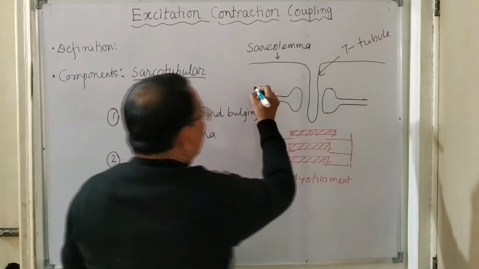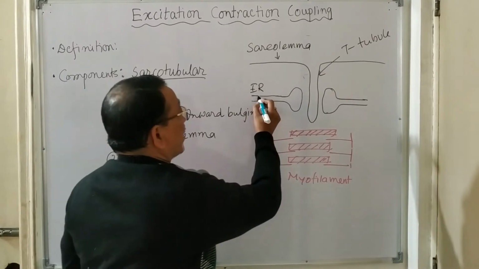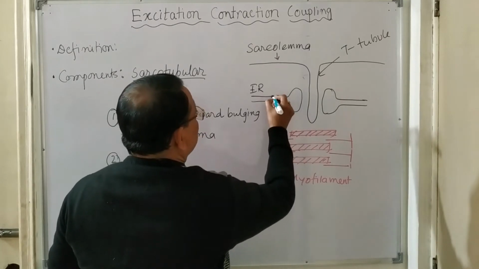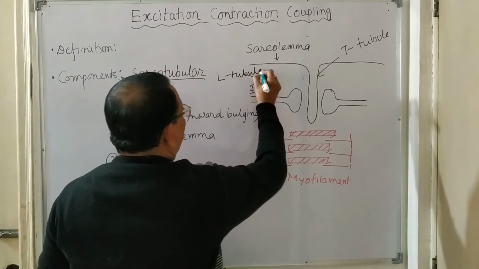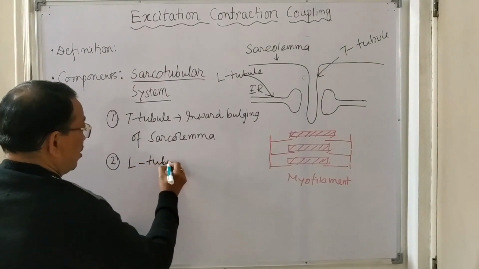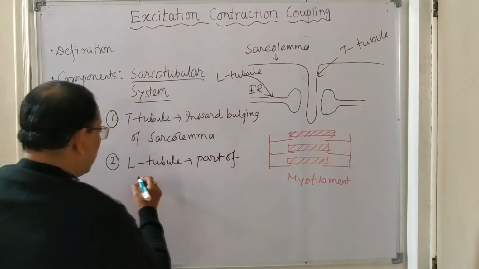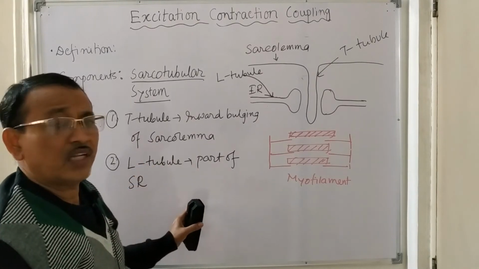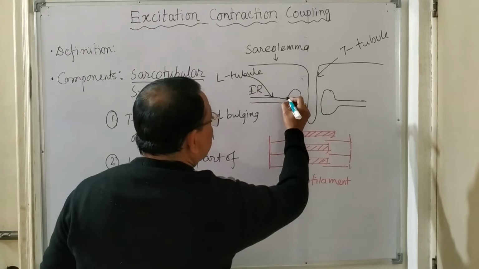The endoplasmic reticulum's long extended tubule is known as the L tubule, or longitudinal tubule. So the second component is the L tubule. This is the extended part of the sarcoplasmic reticulum, and this part of the sarcoplasmic reticulum, the L tubule, is extended and